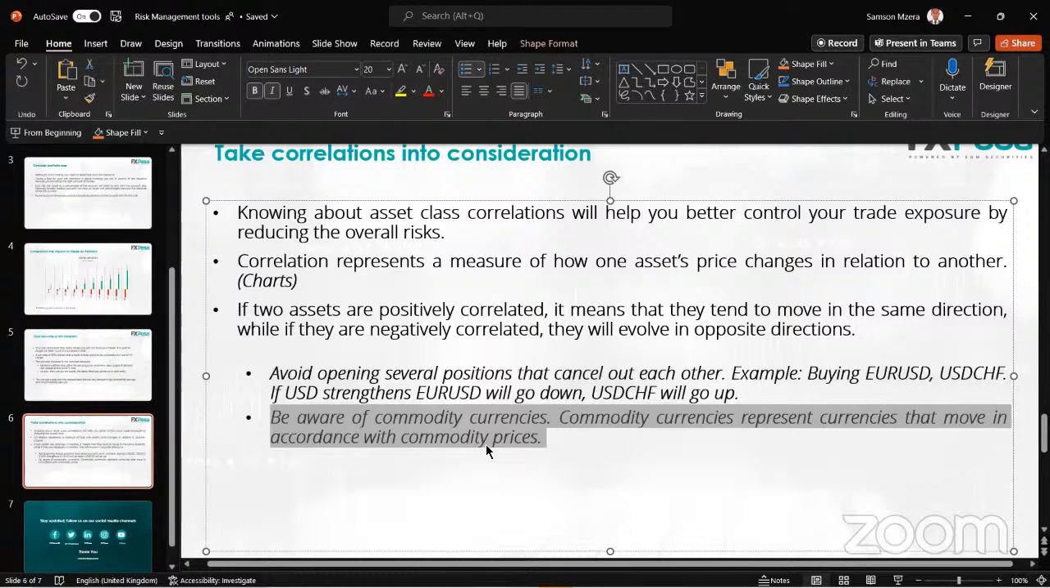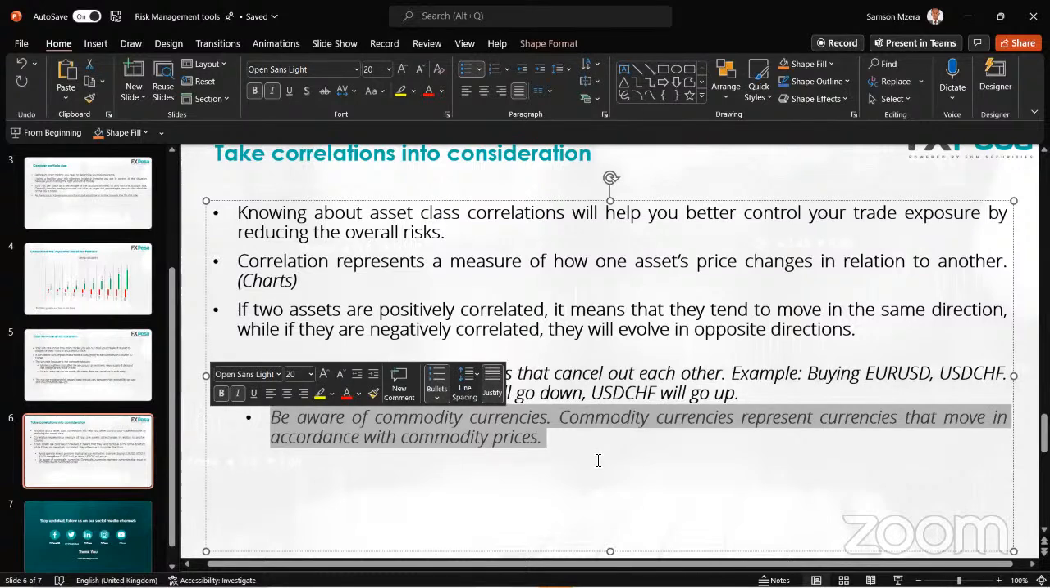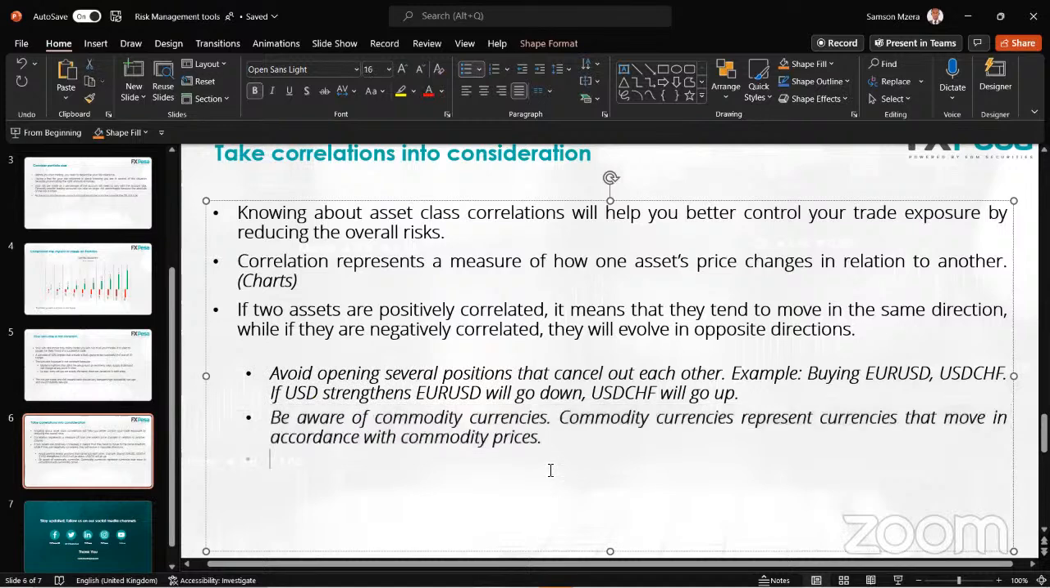Then the other one is be aware of commodity currencies. So this is another source of correlations. We have currencies that usually move in line with commodity prices. So if I was to go back to this chart,